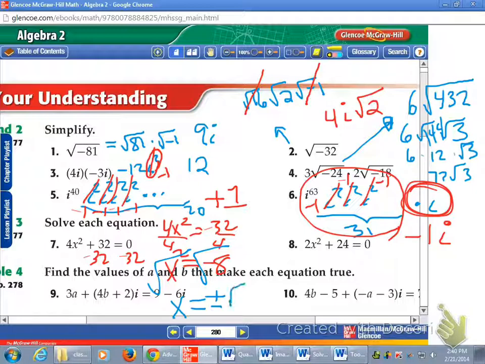And now I got to play around with the 8 and the -1. 8 turns into 4 times 2, right? So it's going to be 2 square root 2. All right, so that's going to be, I've totally run out of room here, I'm sorry. That's going to be plus or minus 2 square root 2. And what about the -1? It's actually i. Yeah, I left it out, didn't I? That's my fault. Plus or minus 2i square root 2. All right, and I've run out of room to help you anymore, but